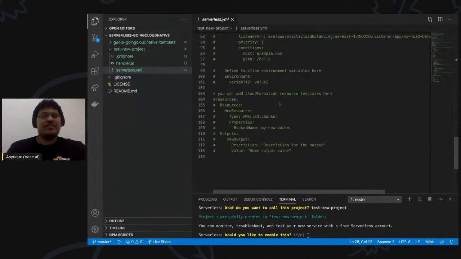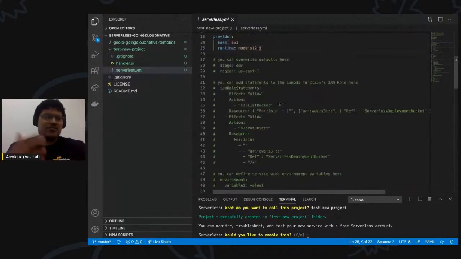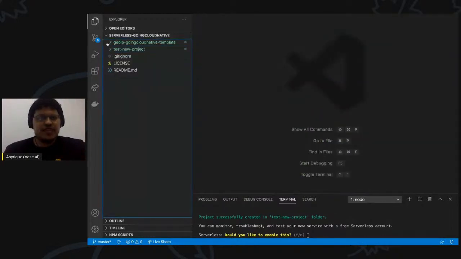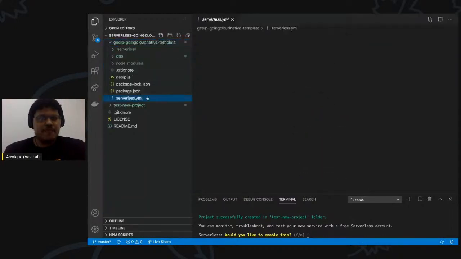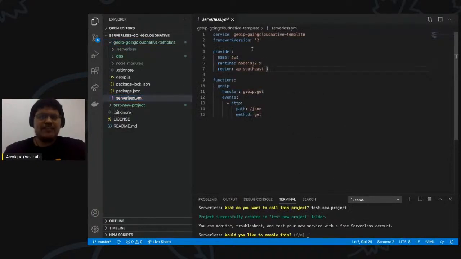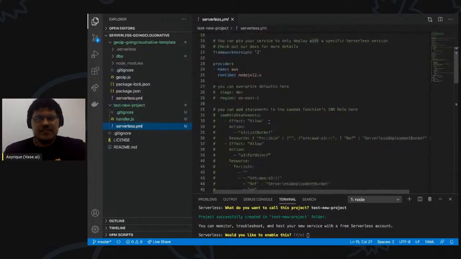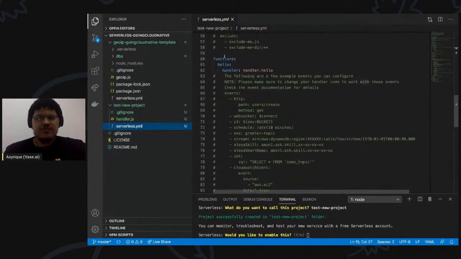I'm not going to go too deep into this because if I were to show you all the rest of the stuff, it's basic. I might as well give a talk on introduction to AWS. So I'm going to focus specifically on the project that I created earlier, which also has a serverless.yml inside it. Now I've done a few extra things. I've removed all the comments and I've added the region, AP Southeast, as well as renamed the function. So in the new project, when you create it, you'll see that the name of the function is hello, and it has a handler here, which is handler.hello.